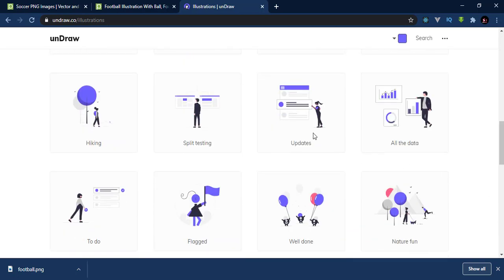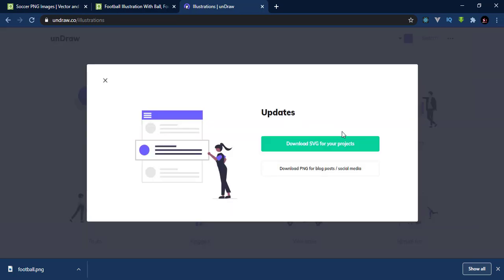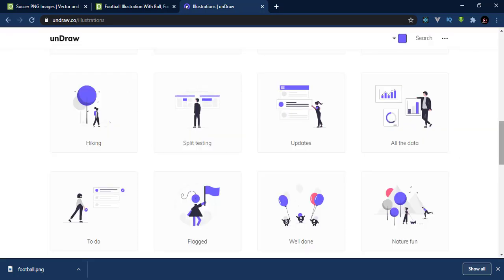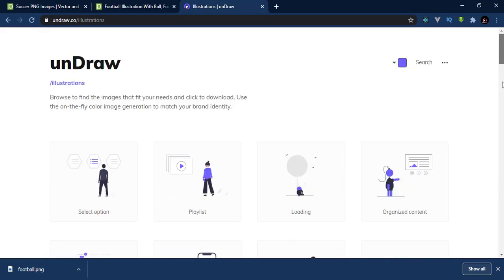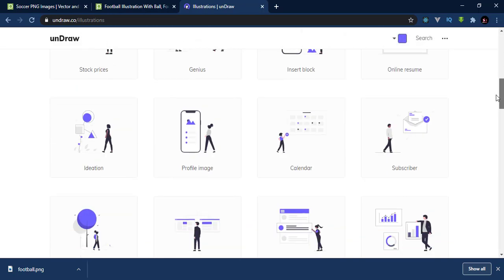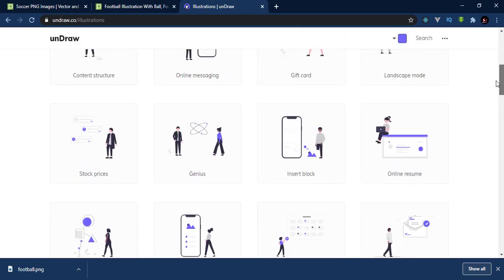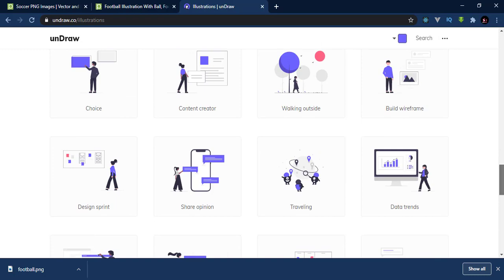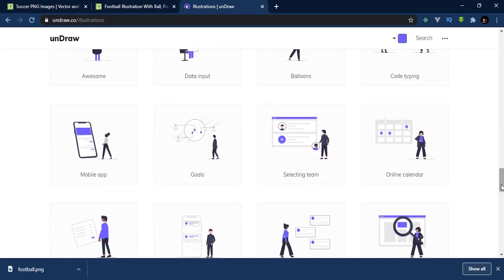You can use this website for UI and you can download it as an SVG for your project and also as a PNG. If you download it as SVG, you can change the color with your CSS. Right now, you can get more than enough